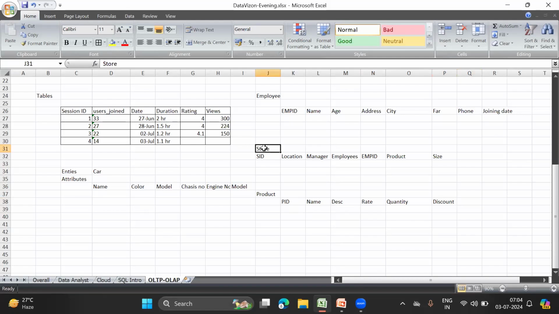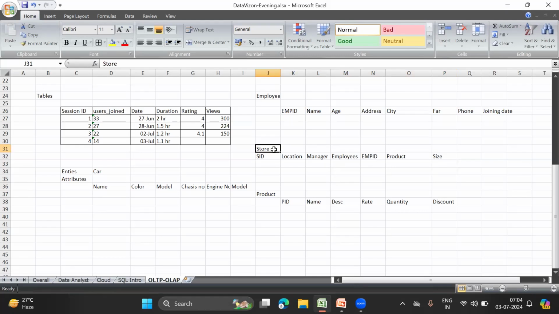Your entity is a table, and all these things which we have over here, the properties or the attributes, become columns of a table. Okay. So now the store is a table. Entity name becomes a table name. We can give any name to an entity. I can say store, store underscore name, store underscore table, TBL underscore store. That naming convention is something else.